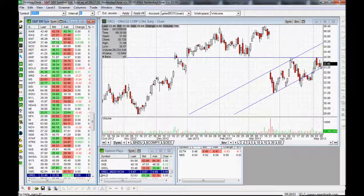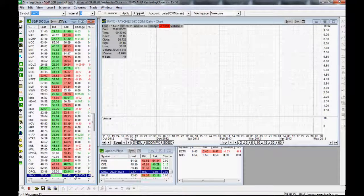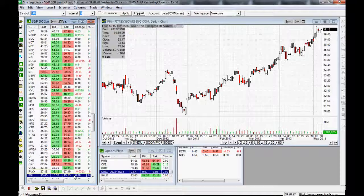Oracle. I made that play. I think I'm in it right now. I got up to 40% today. Same day I sold the FLRs. But since it's uptrending going into a resistance line, I'm expecting it to break above that resistance line. And that's the one